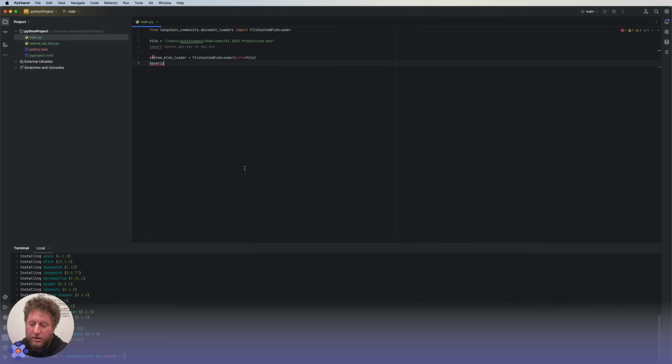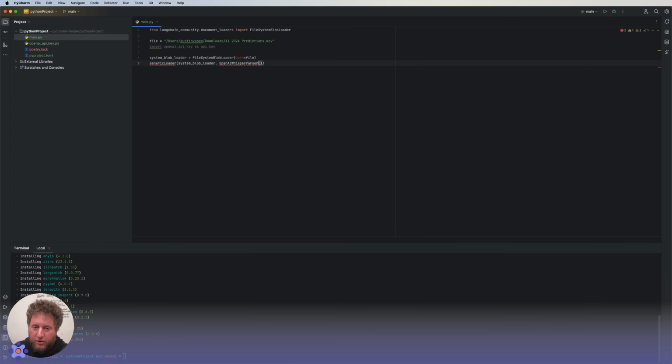Then we can cut that up into documents, store it in a vector store, and interact with it like any other LLM. So if I use a generic loader, I can pass in my system blob loader, and I also want to use the OpenAI Whisper parser.